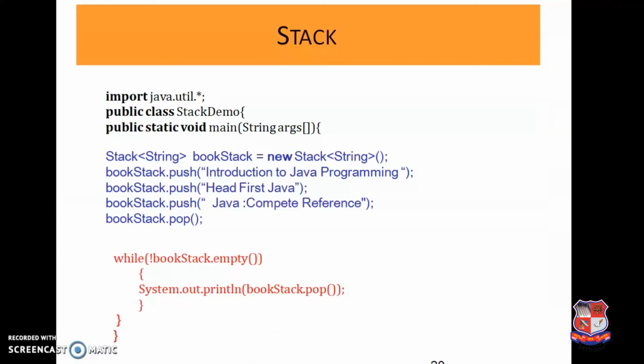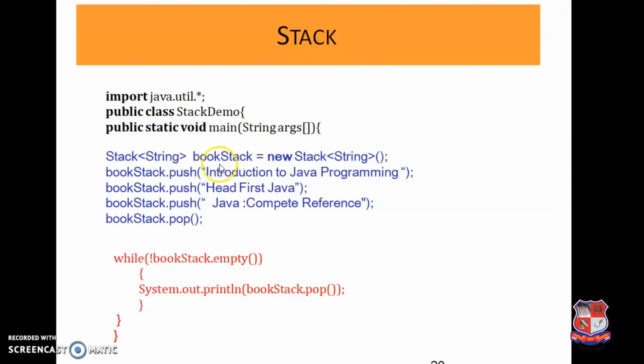Now we can take an example of stack. For stack, first of all we need to import java.util. Then we need to define a class, and then in the main method we will create a reference of stack and we'll create a stack object. We need to specify that our stack object will hold strings.